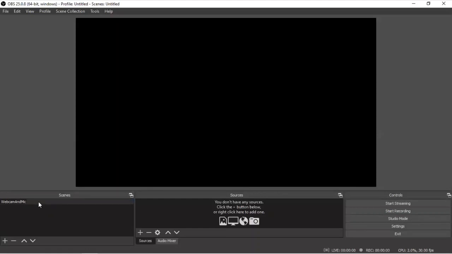In the first scene, I am going to add a webcam and mic. It is advisable to create as many source scenes as we need. In the first scene, I am creating a scene, webcam and mic.